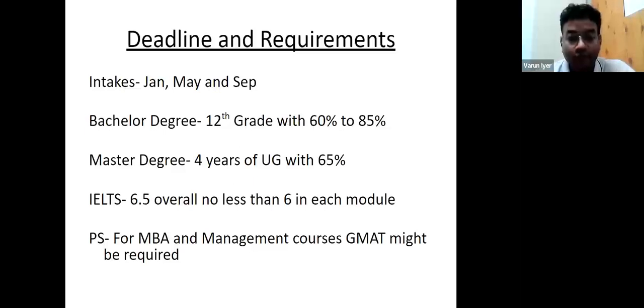And then after that, there are other formalities also. You have to transfer your fees, you have to open your GIC, which is like opening a bank account in Canada and blocking your living cost. Then you have to do your medical, then arrange your financials and documents for the visa. Then you apply for the visa, go for the biometrics, get your visa approval, and then book the ticket. So it takes about 6, 7, or 8 months minimum. So it's better if you apply before 1 year.